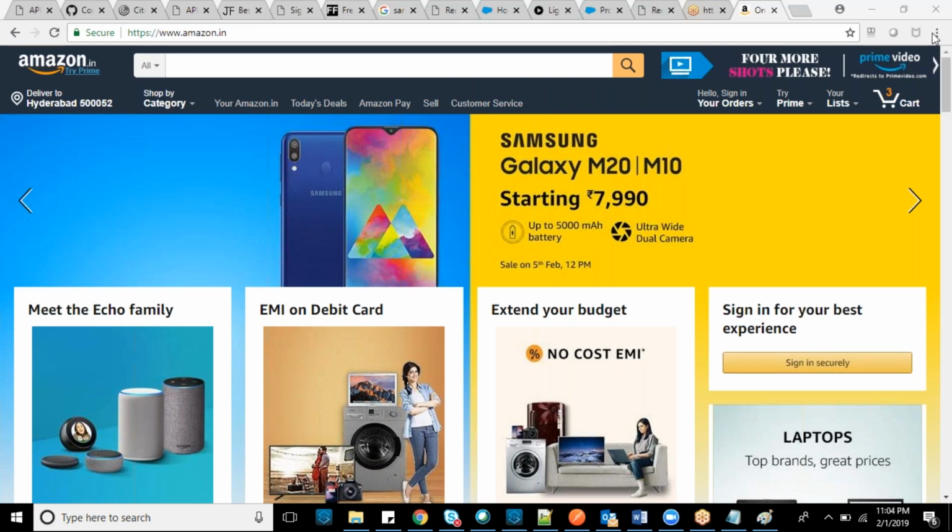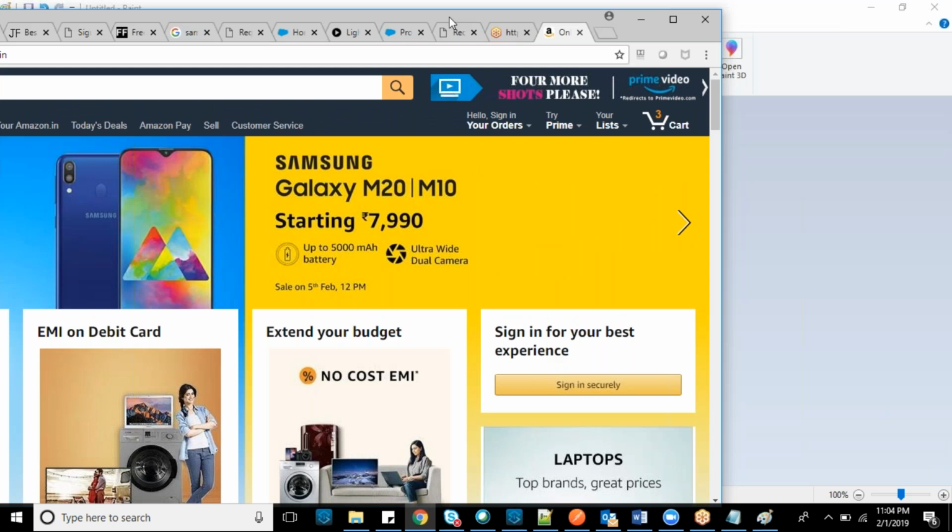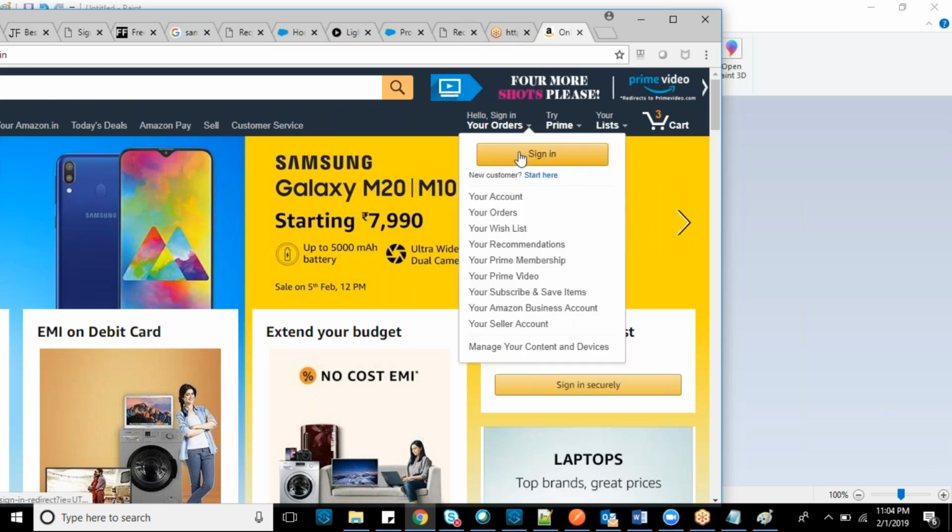For example, I didn't log in till now. I would like to log in now. Whenever I log in, my data is already saved and it will come. In fact, they are maintaining my data in the cloud system.